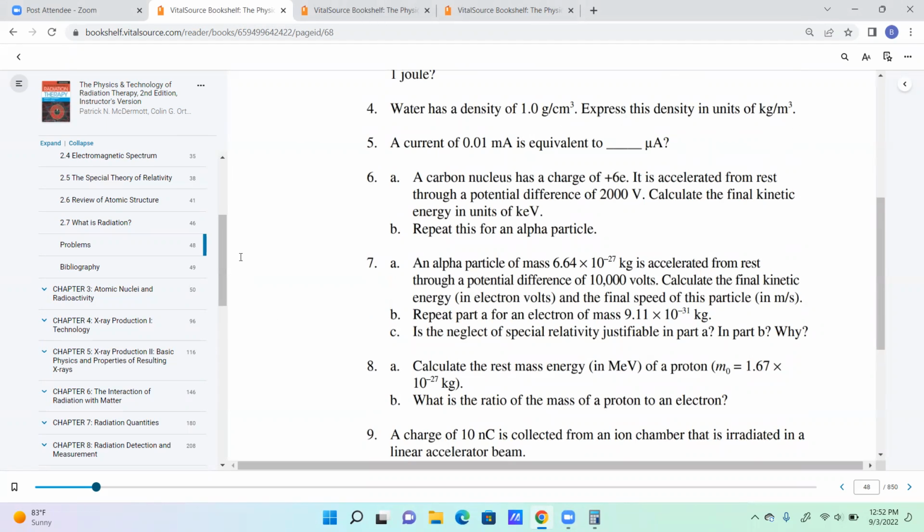So I know here that water, let's say, one gram per centimeter cubed. Now, I want to get rid of this and replace it with kilograms. In order for me to do that, again, I'll go through the dimensional analysis here. I know that there are 1,000 grams in 1 kilogram. I need to get rid of this. So I know that 100 centimeters